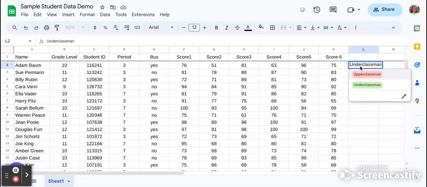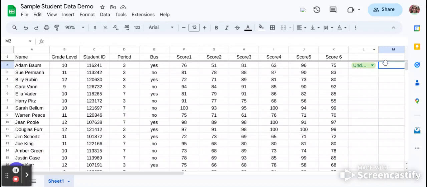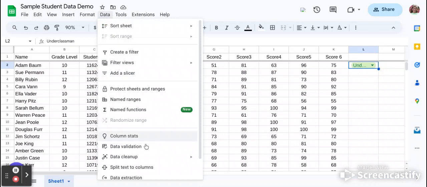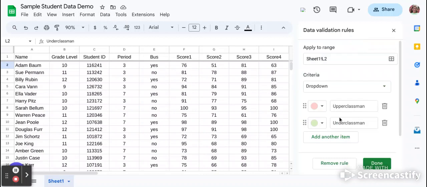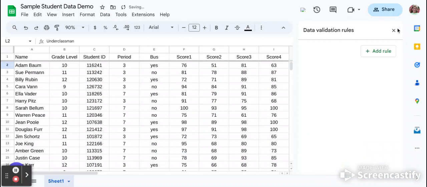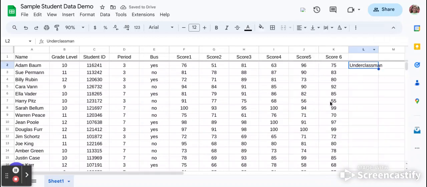Let's say you get to this one and you would really like to edit this cell, like you would really like to change what the drop downs are. So here we can go to data and we can go to data validation, because again, this is going to get us to that data validation rules page. You can click on the rule that you've got and it will show you the options, and you can delete and change and do whatever you'd like to do. If you decide that a drop-down isn't what you want and you want to remove it, you just click down here where it says remove rule. So if I remove the rule, there's no more rules. If I close out of this tab, you'll notice I just have the